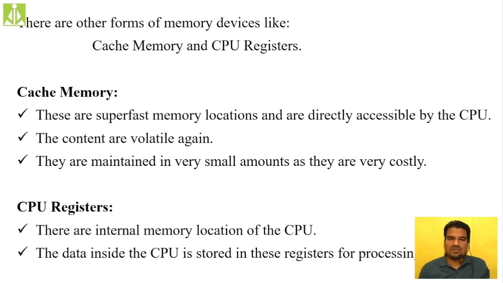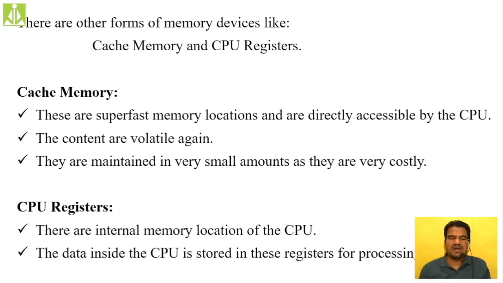So the speed-wise as well as cost-wise categorization I showed you in my previous session, isn't it? First we said we have hard disks, which are slower and cheaper. Auxiliary memory devices, that is your hard disk, CD, DVD, all these are slower and cheaper in the market.